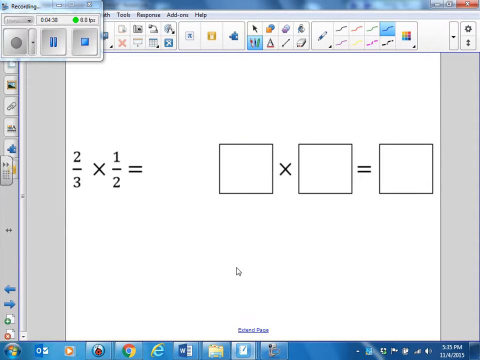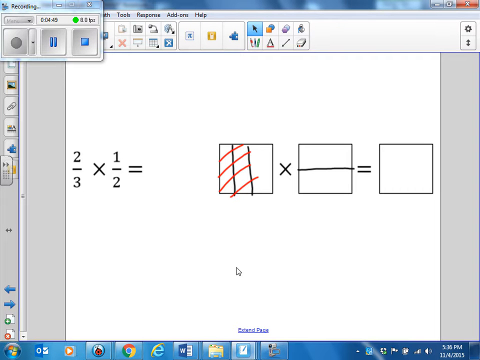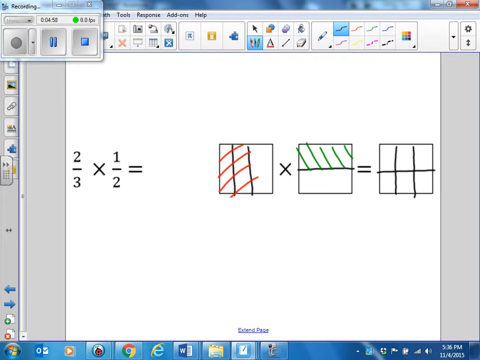So the next one, we have 2/3 shaded, and we have 1/2 shaded. Okay, so I'm going to go ahead and shade the 2/3. Okay, now I'm going to shade 1/2. And now I'm going to put these 2 together. Now I've shaded 2/3, I've shaded a half, and then I put the two together, so they're on top